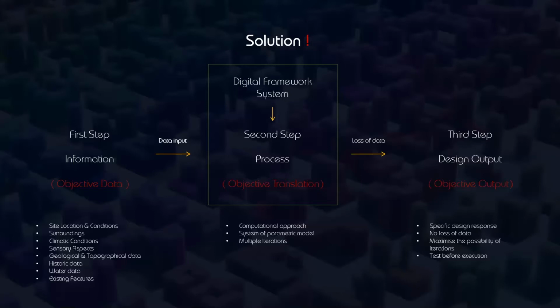So for the previous example, if we need to design a specific facade, we have parameters like the length, the height, and the window ratio of the particular side of a facade, and we can actually map using computational techniques how much that particular facade in a particular direction is absorbing heat, and what is the optimum opening size we require for that particular site, so that our design output is very efficient and very effective, which gives a specific and efficient design solution.